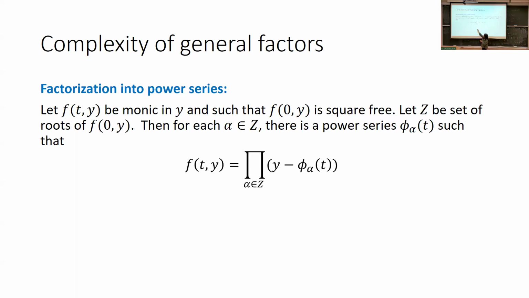Because I set t to be 0, I got a univariate in y, and for this univariate polynomial, I said, okay, let z be the set of roots. So to get the roots, you have to go to the algebraic closure. My final result will not go to the closure. But as an intermediate step, we will see that you need to move to the closure to prove some things, and then when we talk about factors in the original base field, we won't have coefficients coming from the closure. But this is still just an intermediate step, so let's consider this expression where we do go to the closure.